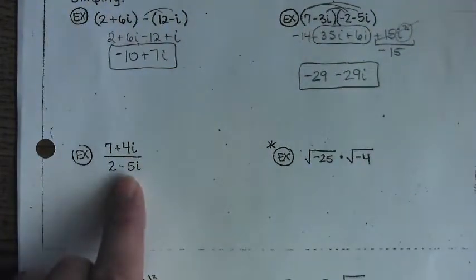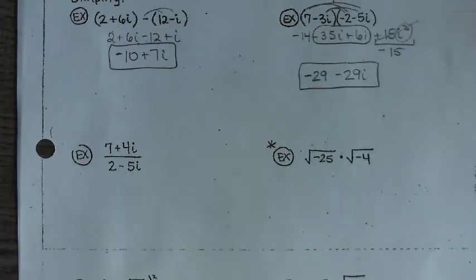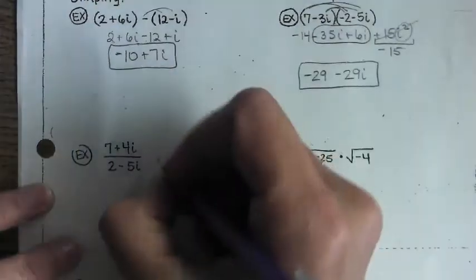How do you simplify something like this? What's the problem with it? Why is it not already simplified? Stephen? Very good. Just like rationalizing radicals, we rationalize imaginary numbers to get them out, because i is technically the square root of negative 1. So you technically have a square root in your denominator. So we're going to rationalize